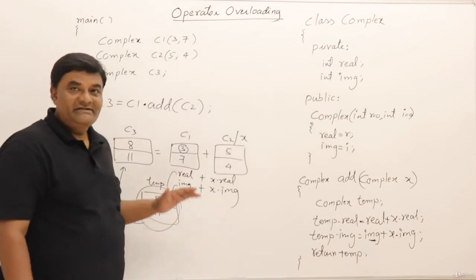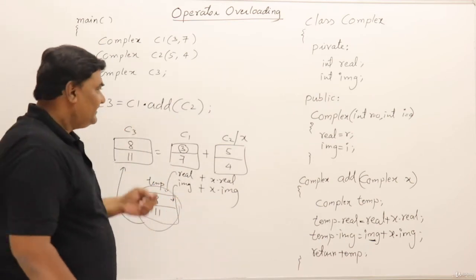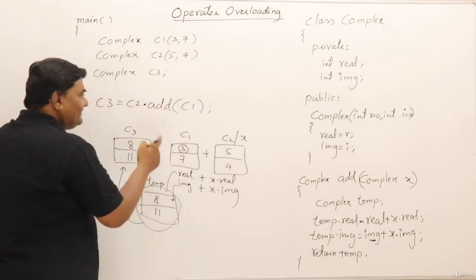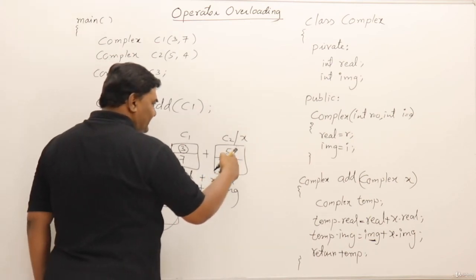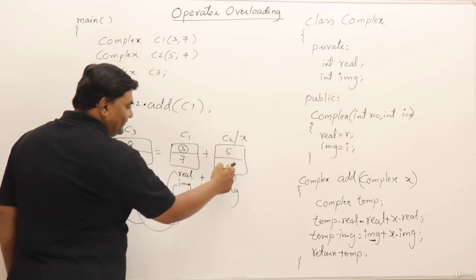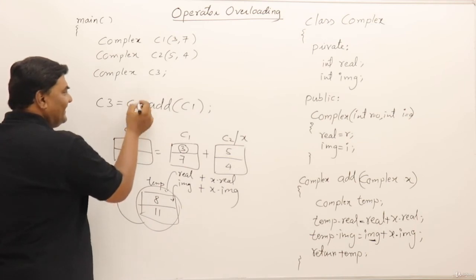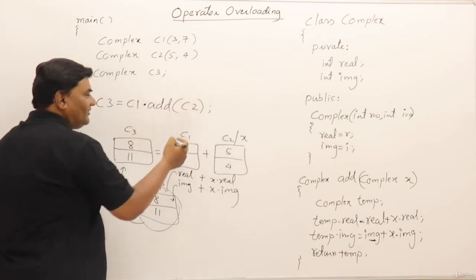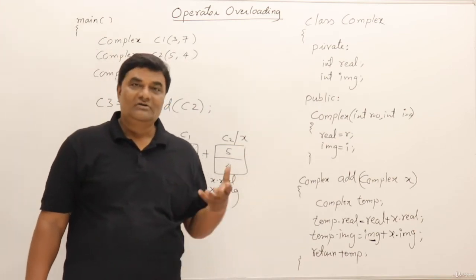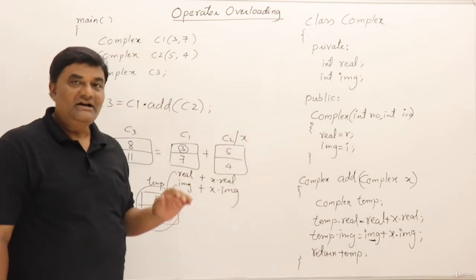That's it. So this logic is important. How to write the function is important, right? I'll change something and show you. Instead of C1, if I write C2 here and C1 here, then this function will be called upon this object and this becomes x, right? And real and imaginary mean these values, and x dot real and x dot imaginary mean these values. This is just like I have shown you that either you add the money or I will add the money. Either the function can be called upon C1 or it can be called upon C2. So understanding the logic was one important thing, so I have finished it.